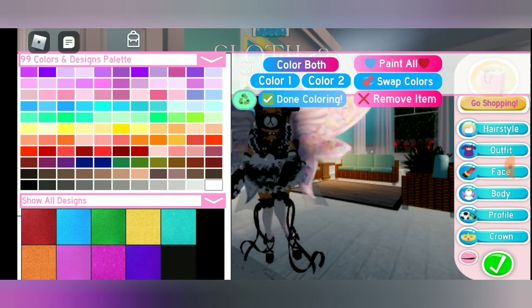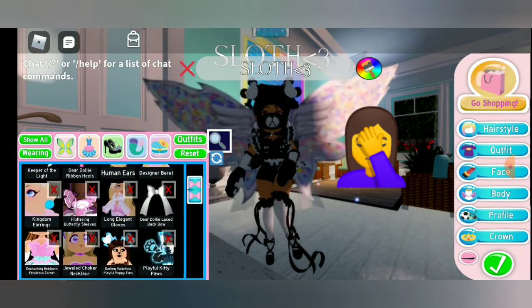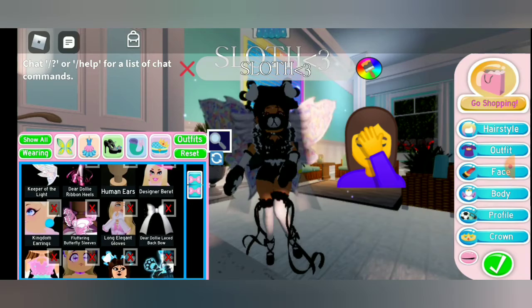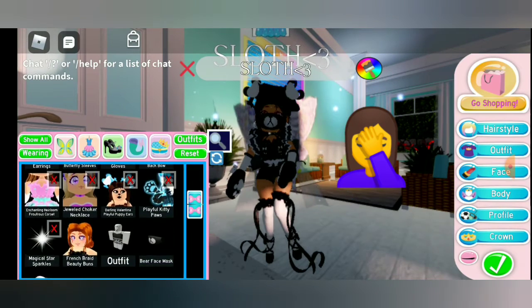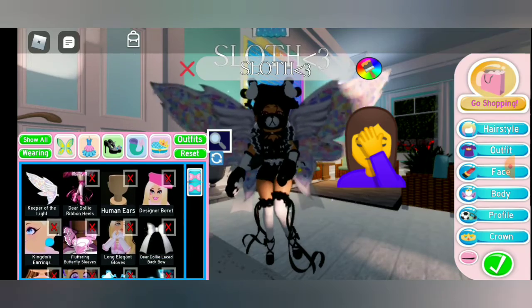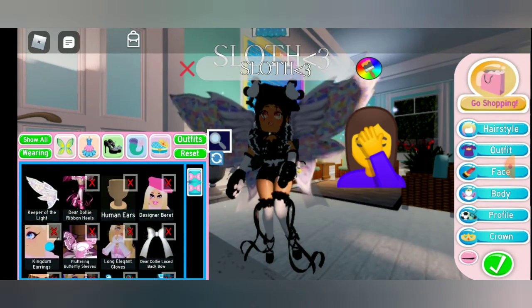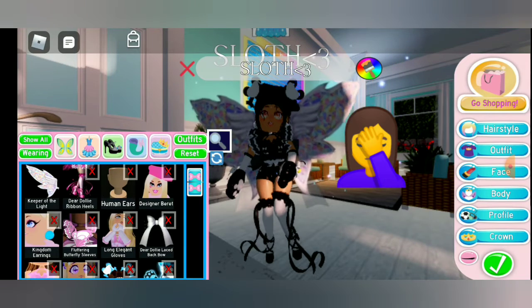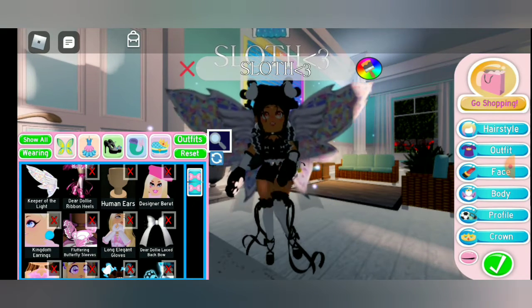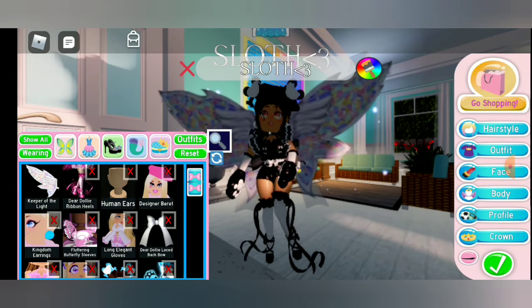So, here, wait, I should first take off my Sparkly Party tutu. Where is it? What the heck? That's interesting. Okay, I think I did it. Alright, but basically,